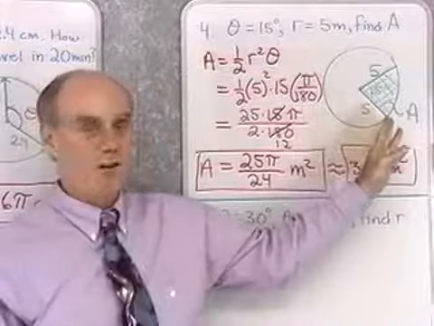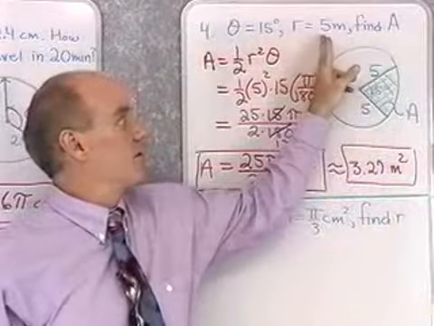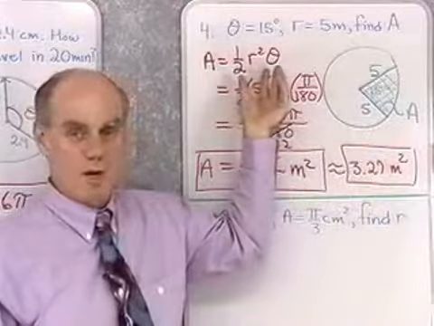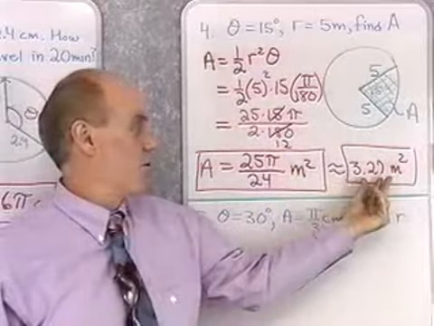So if I have a central angle in a circle, it measures 15 degrees, the radius is 5, then the area of that sector that it cuts off by this formula, 1/2 r squared theta, is approximately 3.27 square